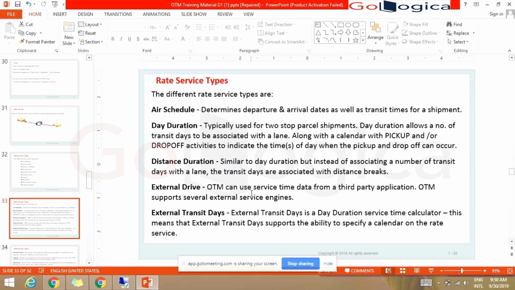So in the OTM property, if you set up the external engine, the property will say the rate external engine with some name. So basically OTM, PC Mailer, Kevil and all are a kind of embedded applications where it's just a kind of plugin. You don't need to install and do some connectivity and all those stuff. You just have to update the property so that you can start using these applications.